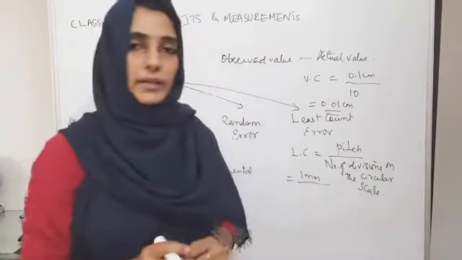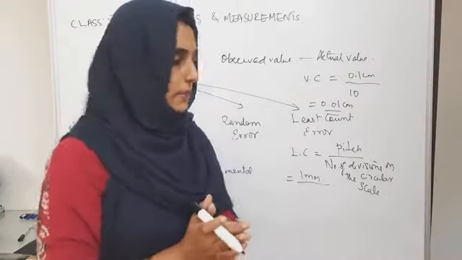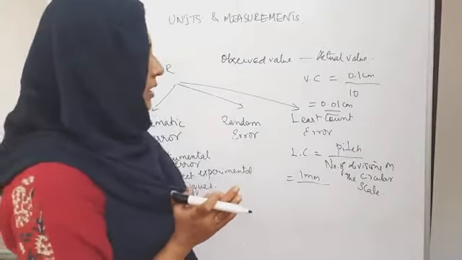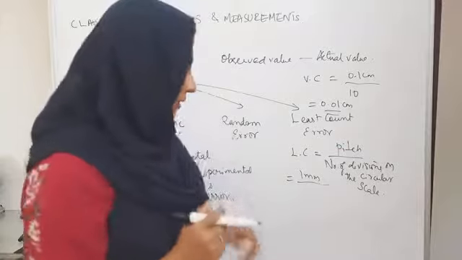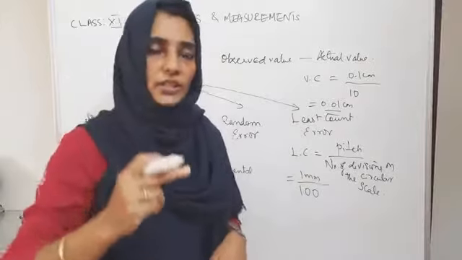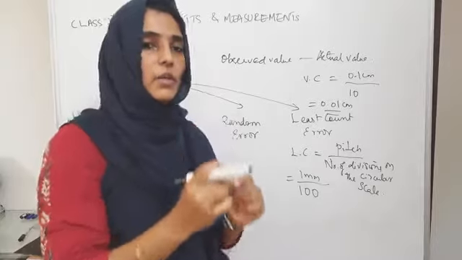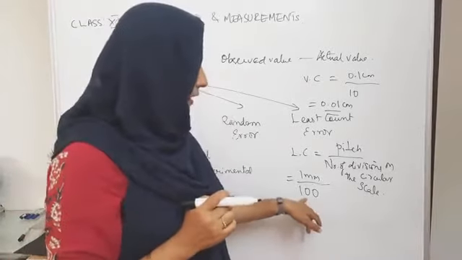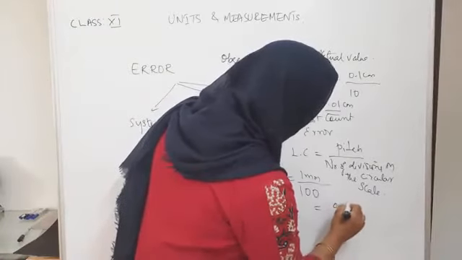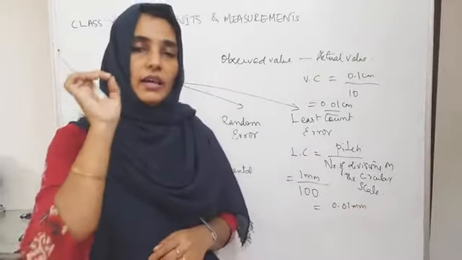I'll give you a detailed practical session in order to demonstrate all these experiments. So let us know, pitch is the distance moved by the screw of a screw gauge when it completes one full rotation. It is 1 millimeter, and while going through a rotation of 1 millimeter, it is actually going through 100 equal divisions. That is, 1 millimeter is divided into 100 divisions. So it is actually 0.01 millimeter.